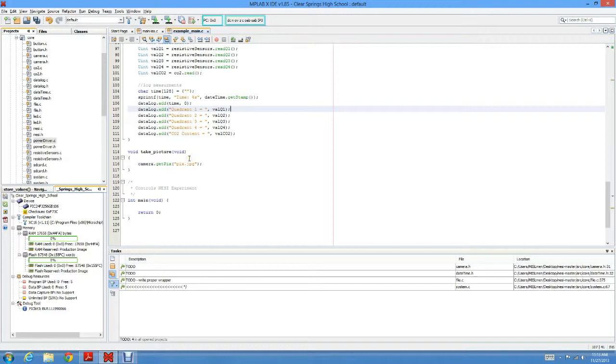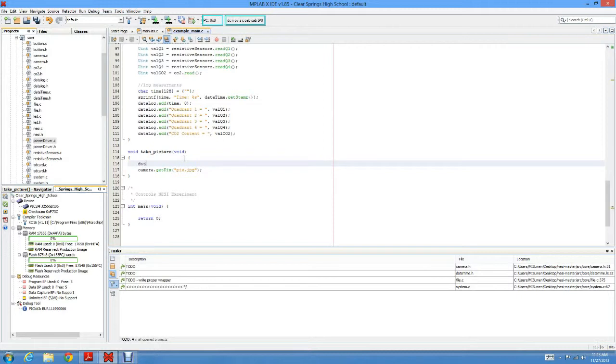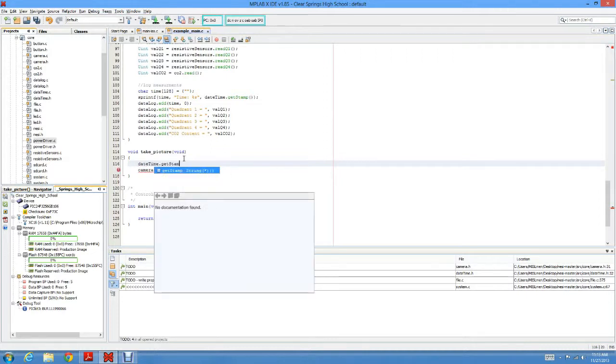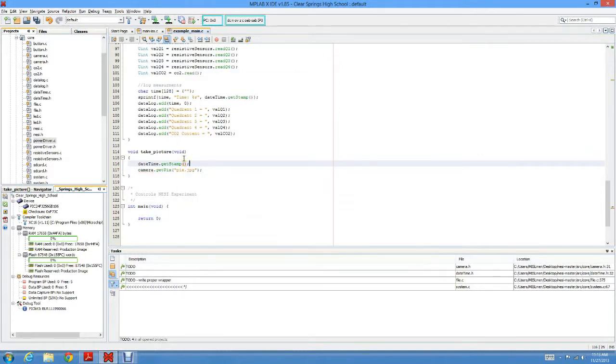So as a modification, let's add that here. .getStamp. We're going to use that as our string. Like that. What you may have noticed though, is that getStamp prints out the timestamp, but to save the picture we need